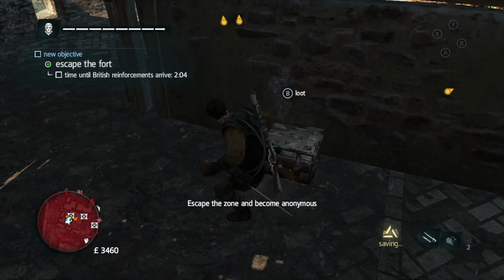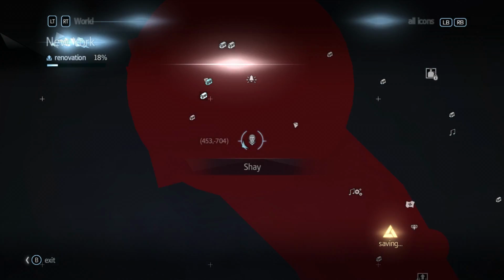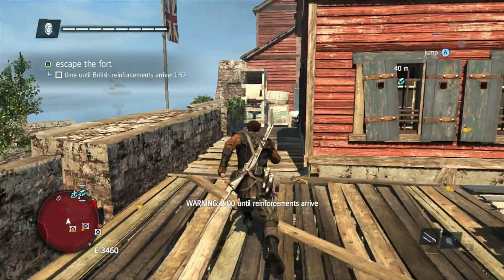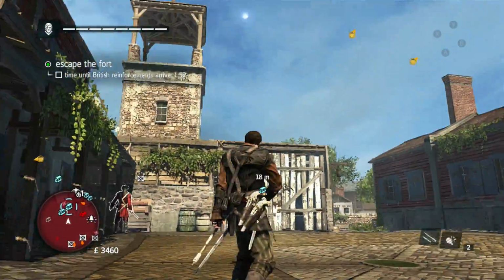Now, from right here, it looks like you're done, you know? You got your money, you're all set, right? No. This is where I fucked up the first time around doing the mission. There are more chests over this way. I didn't even see them, simply because I was done, and I was like, oh, hell yeah, let me get out of here, and went to escape without realizing there are more chests all the way over, so...